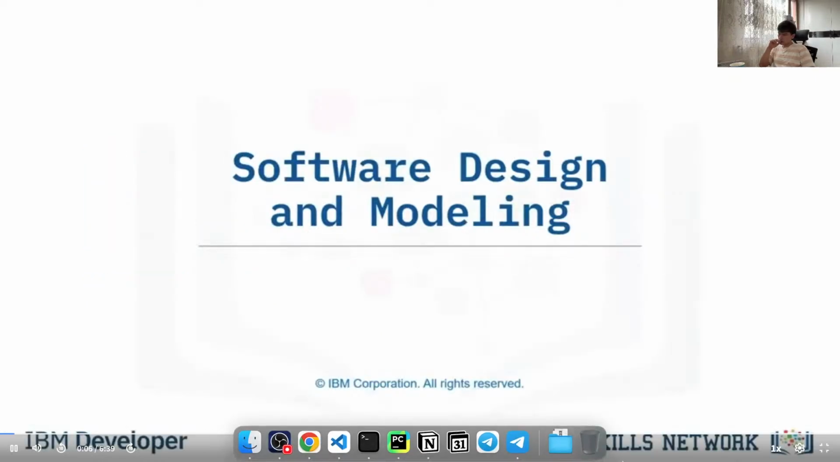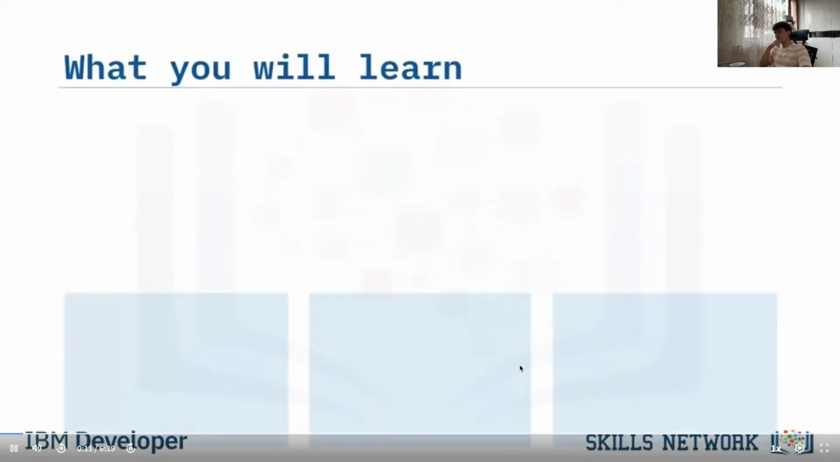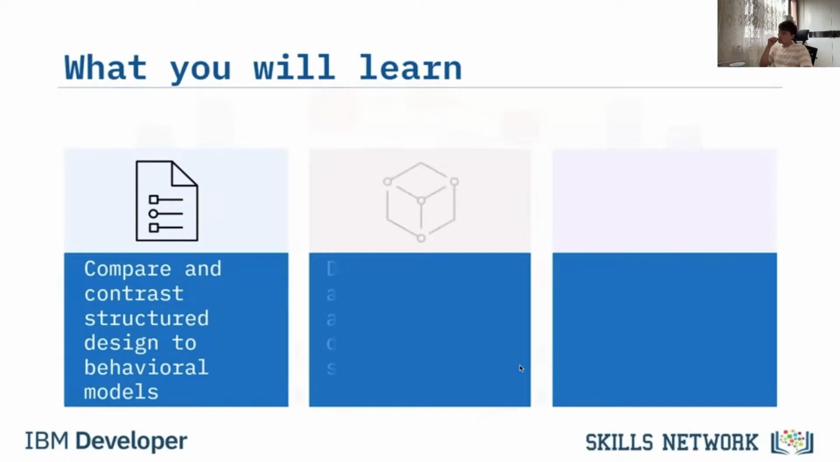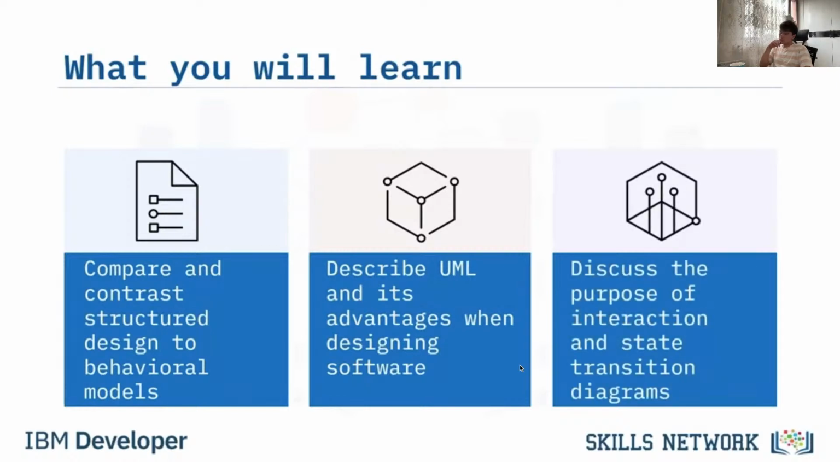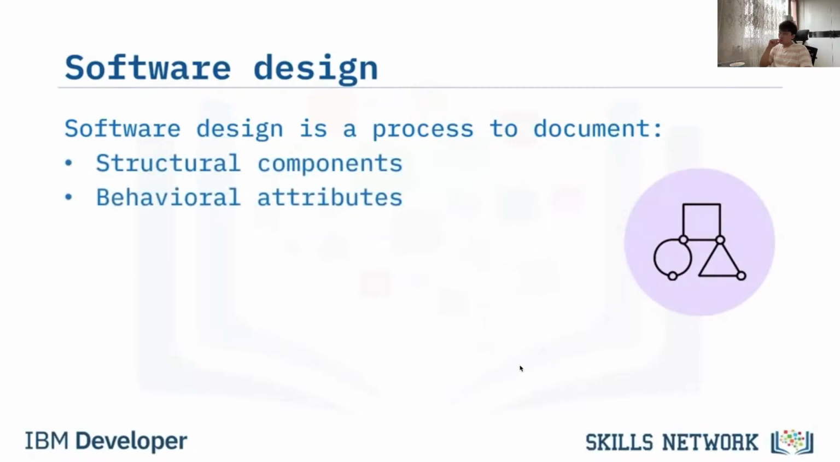Welcome to Software Design and Modeling. After watching this video, you will be able to compare and contrast the terms structure design and behavioral models, describe unified modeling language or UML and its advantages when designing software, and discuss the purpose of an interaction and a state transition diagram. Software design is a process during which structural components and behavioral attributes of the software are documented